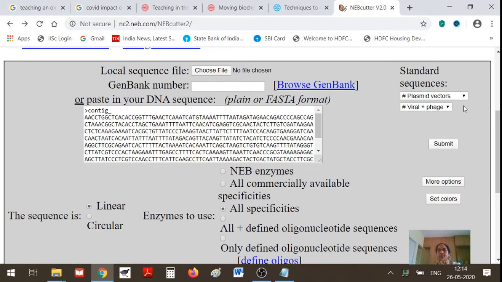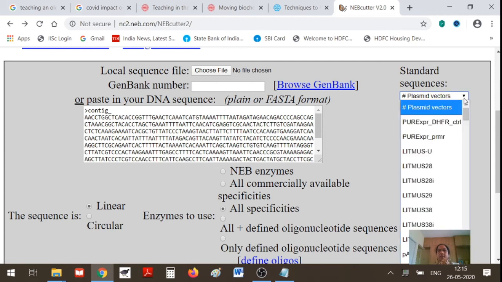Then here on the right you can see the standard sequences. Suppose you are using a commonly available vector and you want to find out what restriction sites are available which you can use. Then all you need to do is click on this down arrow. You will get a drop down list like this.